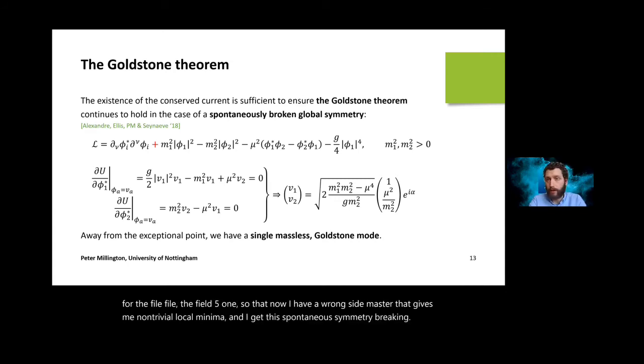Of course, there is another subtlety now, which is related to the subtlety of the variational procedure, that I need now to minimize a complex potential. But the same prescription tells me what to do, because in essence, what I'm looking for are static solutions to the equations of motion. So this just tells me that if I've chosen my equations of motion by varying with respect to phi star, then I should minimize the potential U with respect to phi star. And so I can calculate the vacuum expectation values of the fields v1 and v2 here. And the Goldstone theorem goes through. So away from the exceptional point, we have a single massless Goldstone mode, exactly as we would expect in the symmetry broken phase.